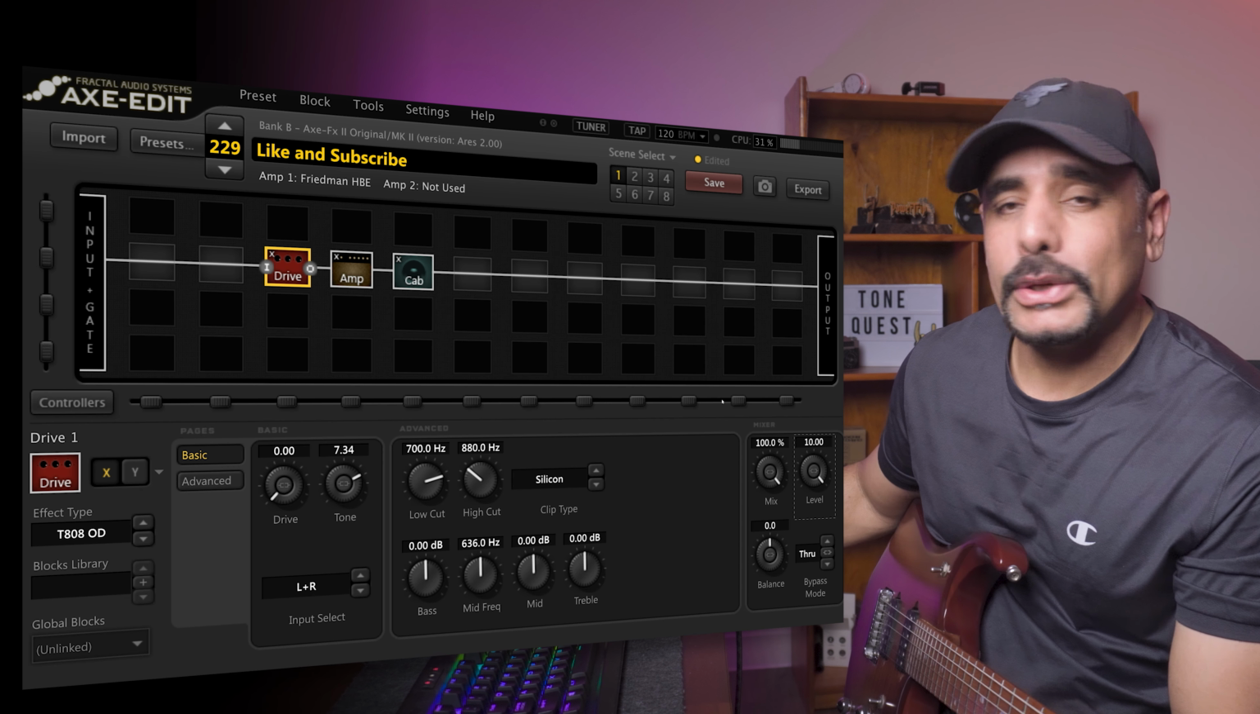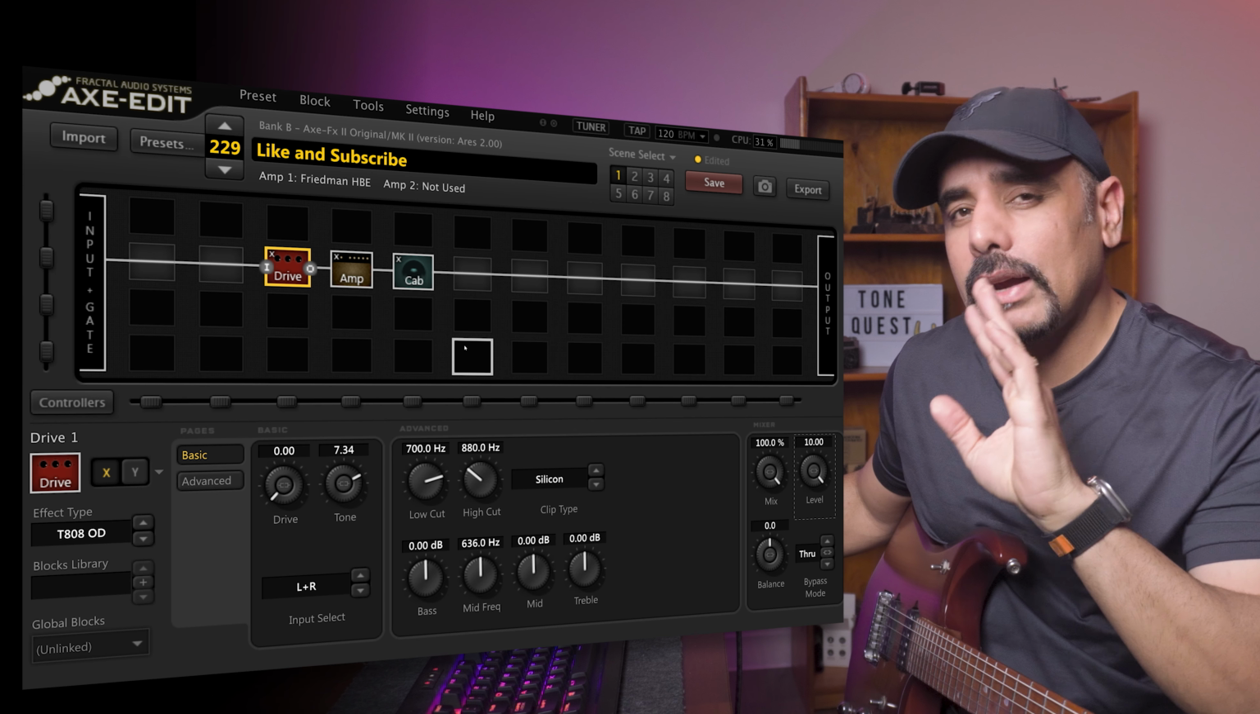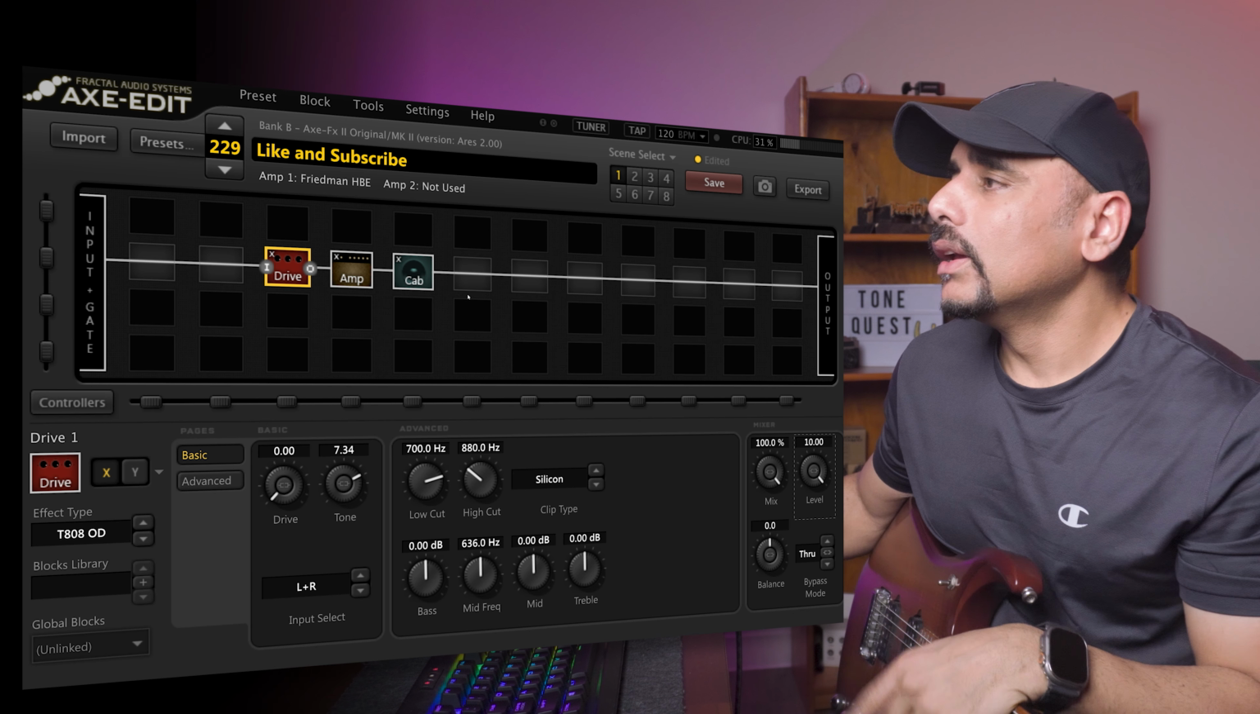That floats my boat pretty well. That's a pretty good sounding preset in my opinion, and we've just dialed in 3 blocks and haven't tweaked a lot of stuff as well. The next thing you want to do